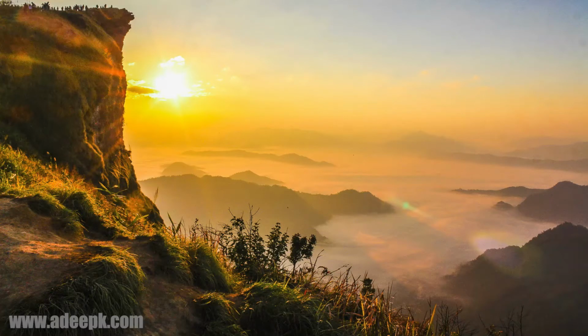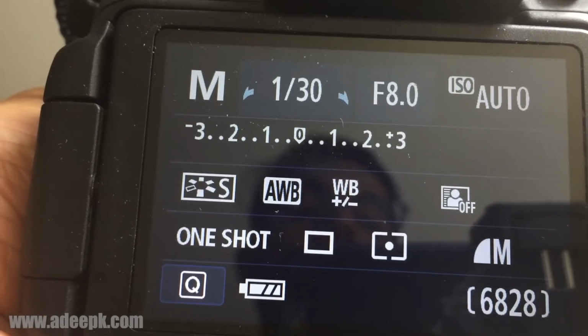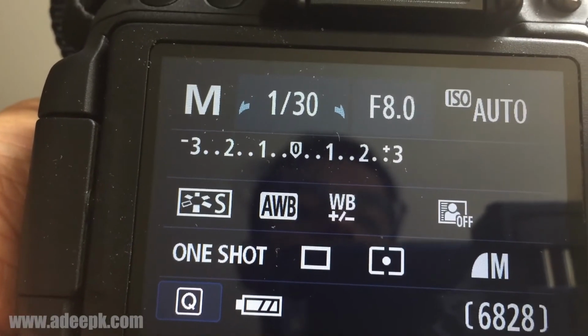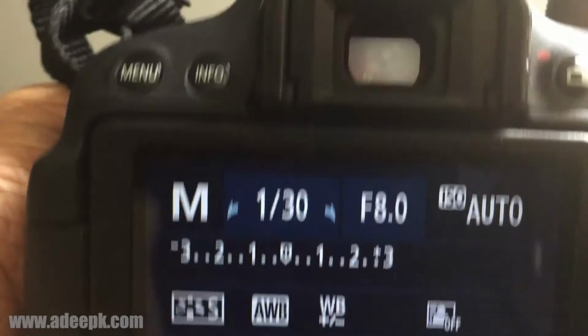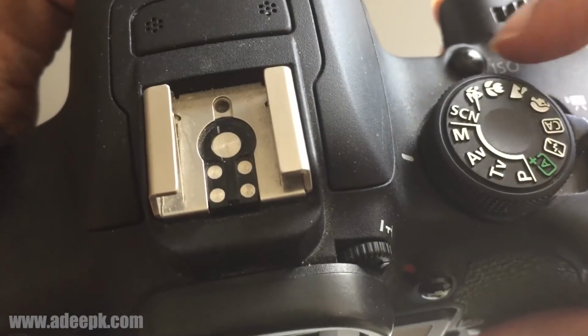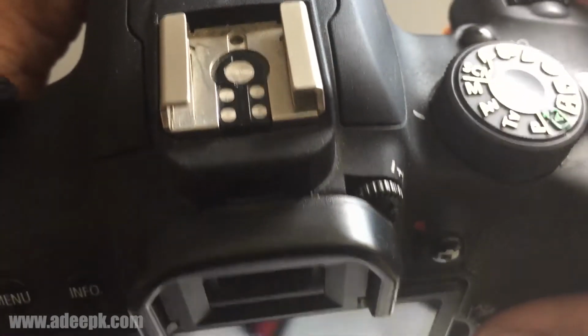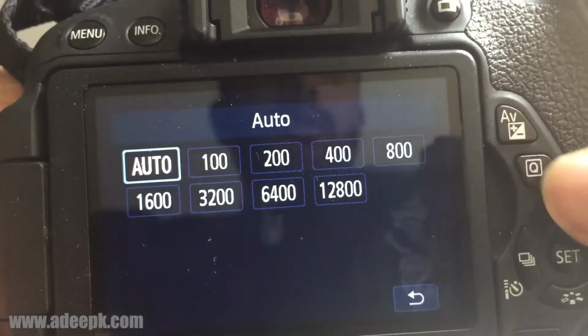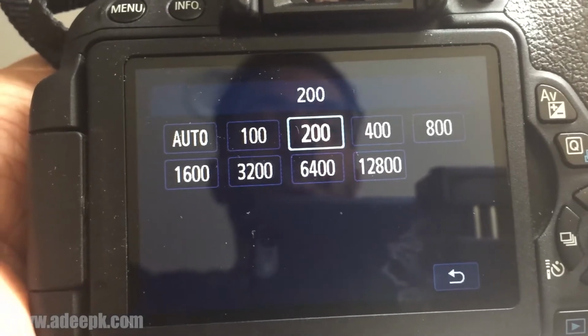And as a result, you can see that there is noise introduced. When you are shooting outside in bright sunlight or where there is enough light, you should always keep in mind to use the ISO at a lower value like 100 or 200. There will be a button for changing the ISO setting in your camera. You can look around and find this ISO setting, click on it, and then if you hit that button, you can go into the menu and change the ISO value.